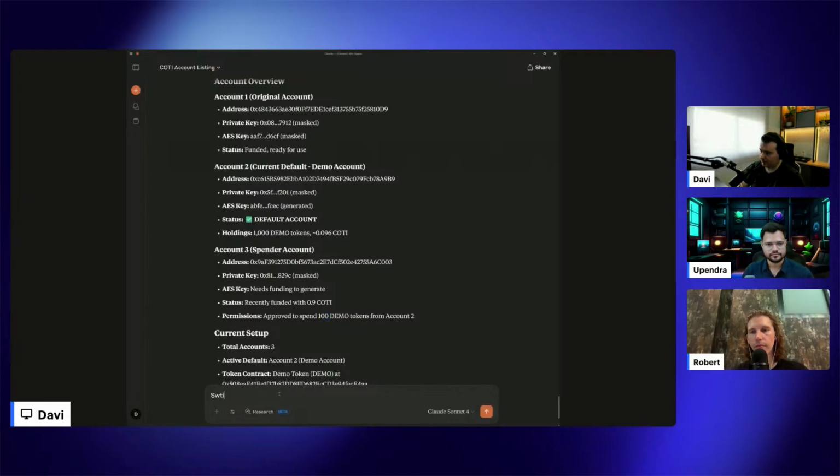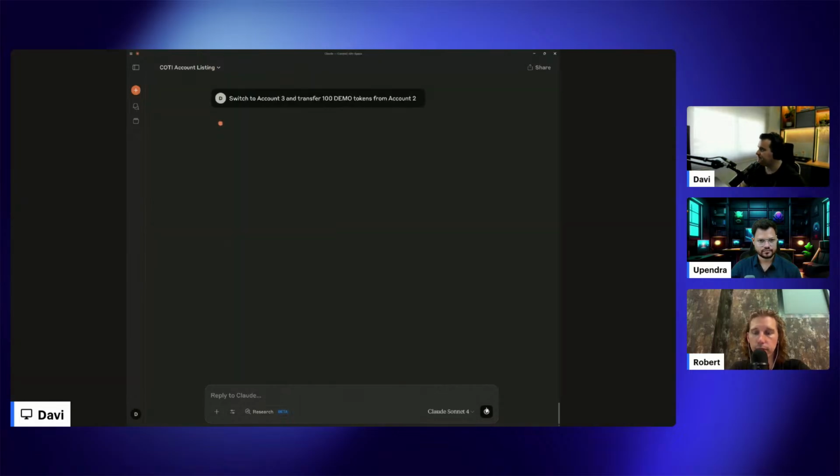So: switch to account 3 and transfer 100 demo tokens from account 2, because I have allowance to do that. Okay, so let's test that. Let's send this prompt and let's see.